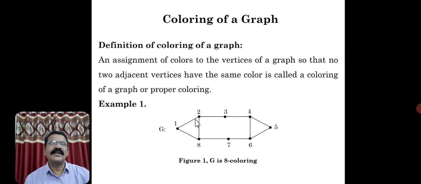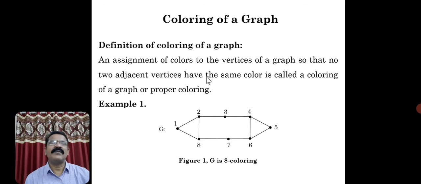Since this vertex and this vertex are adjacent, we have to color the vertex by another color, 2. Okay, now you can use 2 and 3. These two vertices are adjacent, so I cannot use 2, so I have to use another color. So I use 3. Now these two are adjacent, so that's why I used the color 4. Like that, different vertices are assigned different colors.